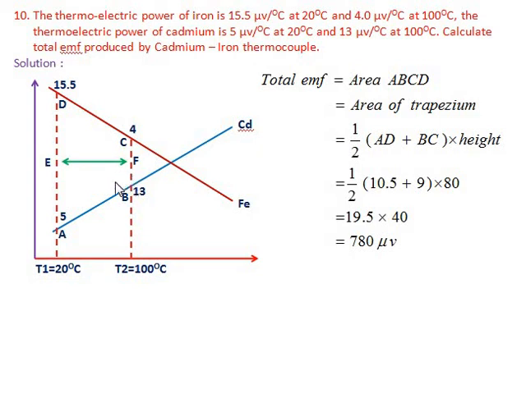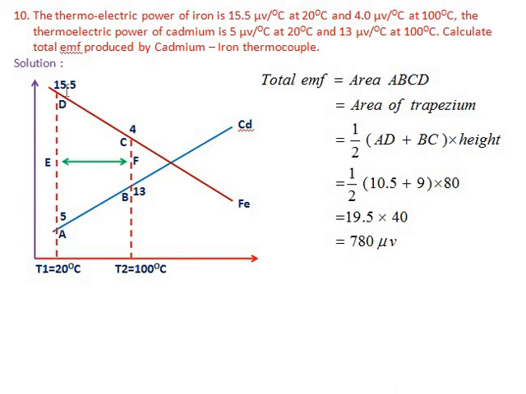Okay, so now we have to find the total EMF for cadmium iron thermocouple. So this is also from the theory of the thermoelectric diagram. So total EMF is equal to area ABCD. A, B, C, D we have to find. So that is the area of trapezium. So that can be found by, it is equal to 1 by 2 AD into BC into height, that is this EF height. Okay. So therefore 1 by 2 AD is